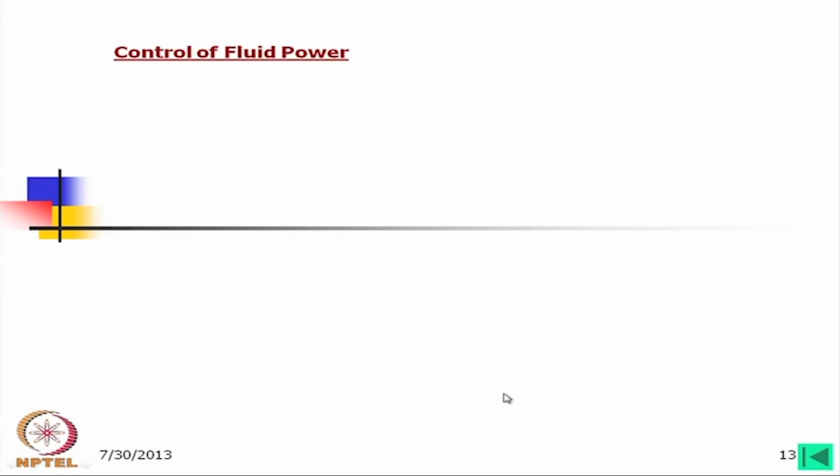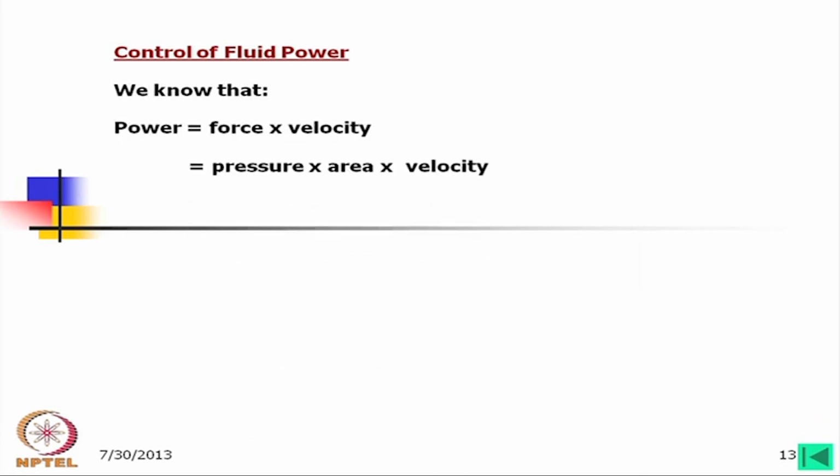Now, control of fluid power. We know that power is equal to force into velocity. Now, the force can be resolved into pressure into area and then velocity. Then we can write pressure into flow rate, which is